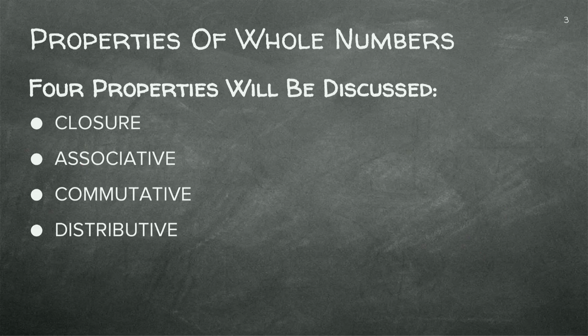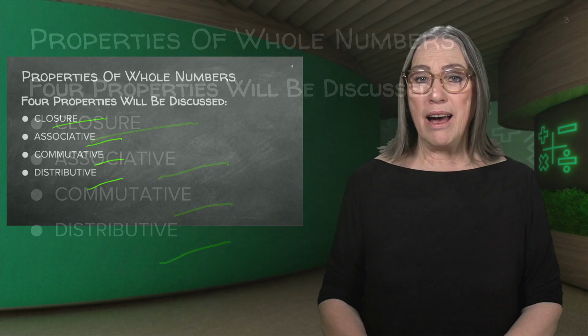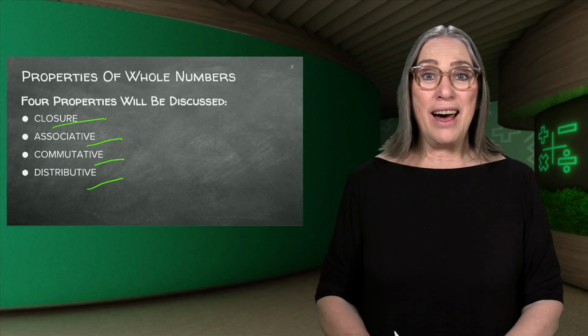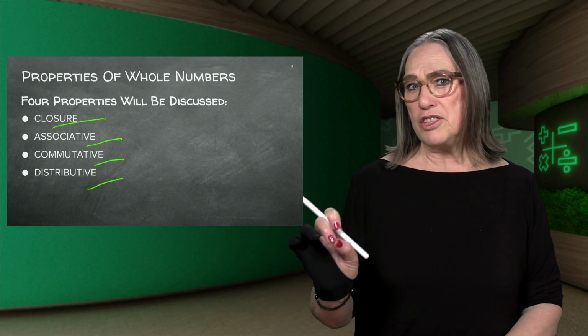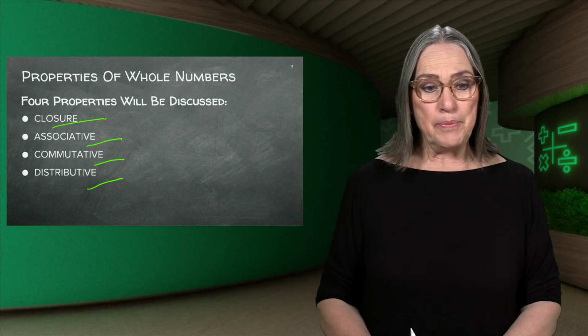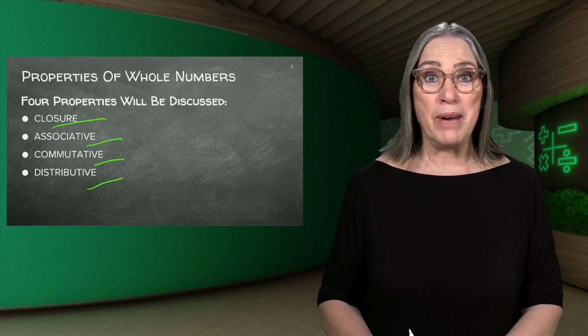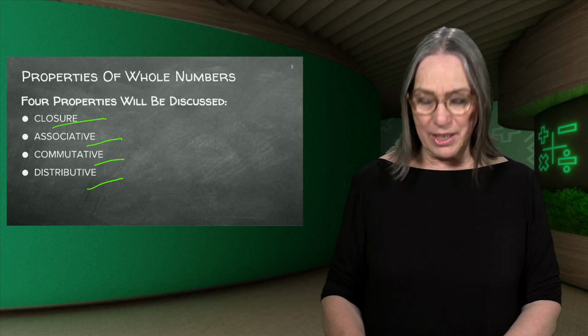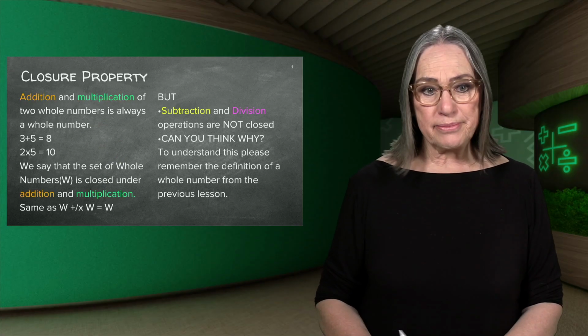Now, we're going to discuss 4 properties, like qualities of whole numbers in this lesson. We're going to do closure, associative, commutative, and distributive. Now, I wonder who of you can remember in one of the lessons, I said we had these associative and commutative on the side, and I said we're going to do more about this later. Right, I hope you can still remember that. Okay, so let's do the closure property.